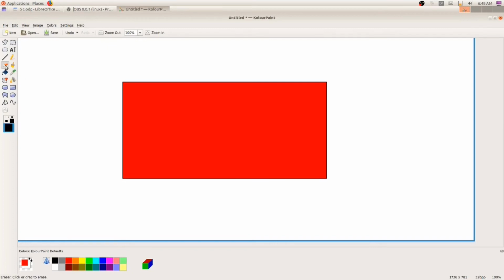Okay, so I'll show you how to select the size of the eraser. So select the eraser tool. Here you can see at the left side, these are the sizes. Here it is selected in blue, the larger size. This is the little more smaller size. You can select this. Now the size of the eraser is like this. If you select this one, it will be larger size.